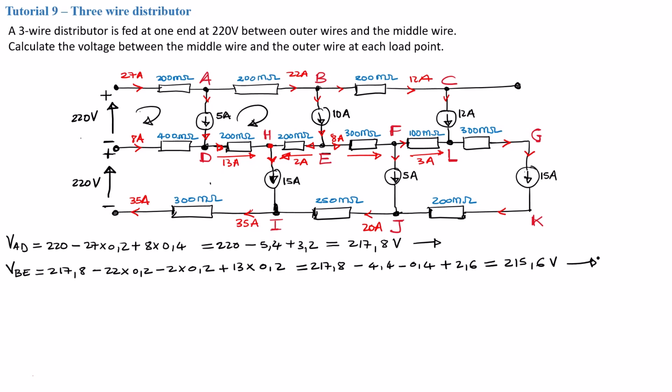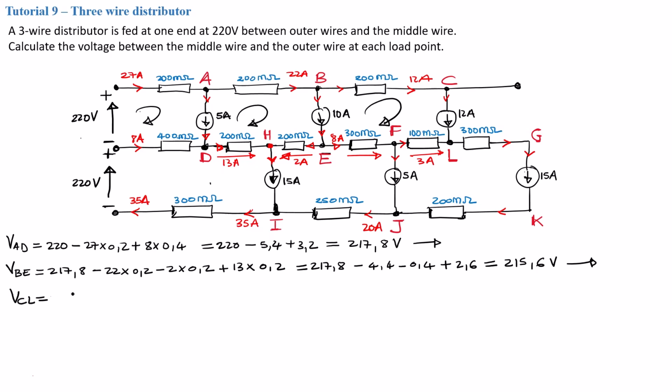Right, so that is the voltage across B and E. Now to find the voltage across C and L, we're going to execute the same thing, which means we're going to run a loop here. Now remember, the current across the first resistance there is 12 amp, okay? And we've got a 3 amp flowing in the opposite direction. And we also have an 8 amp flowing in the opposite direction of the 300 milliohm and 100 milliohm resistance respectively. So that basically means the voltage